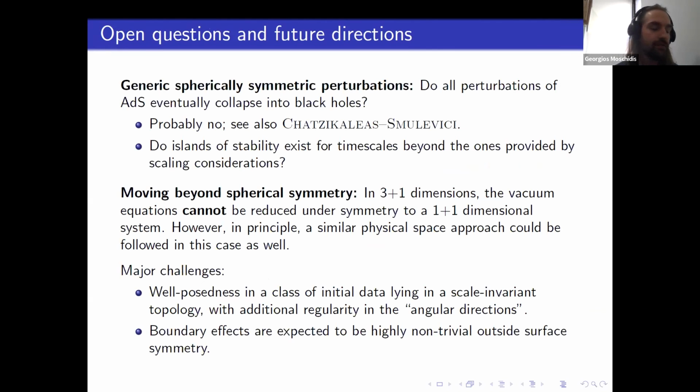And let me make a few more comments before I finish regarding generalization. So first of all, what I described to you is a proof of the ADS instability conjecture for the Einstein-scalar field system. But as we said before, there are other interesting questions. For example, what happens to generic perturbations of ADS? Do they collapse to black holes or not? First of all, we expect that not all perturbations will collapse. There will probably exist some choice of initial data which give rise to quasi-periodic solutions. And the results of Sakis Hadjikales and Sakis Moschidis point in that direction. However,